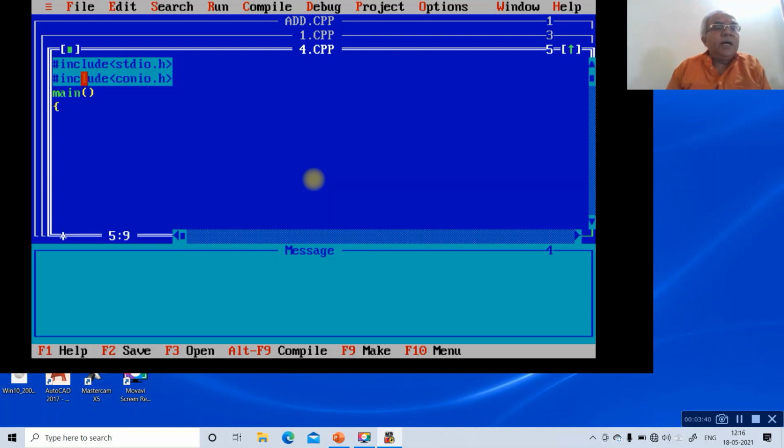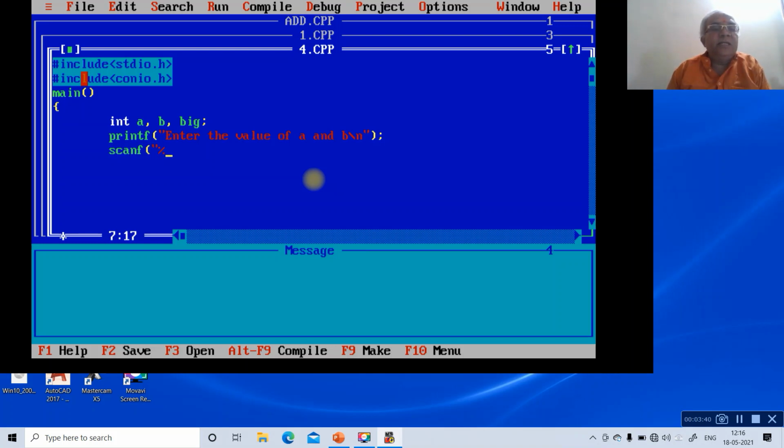Then int a comma b comma big, then printf enter the value of a and b \n semicolon. Then go to scanf.